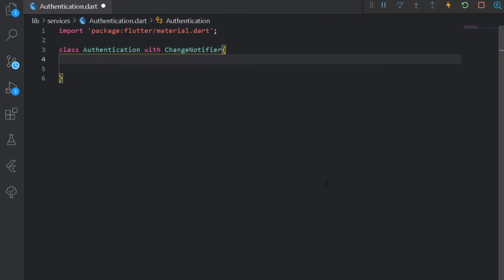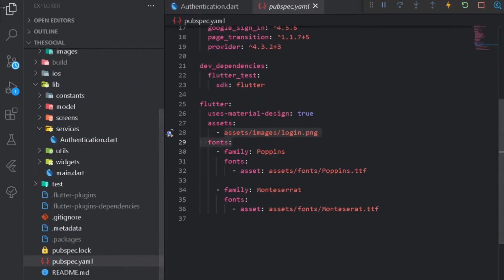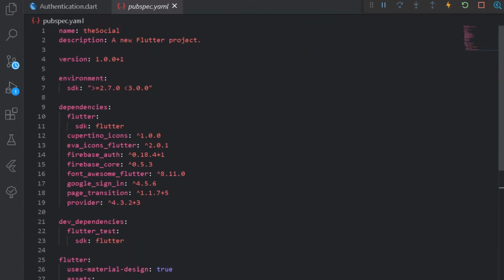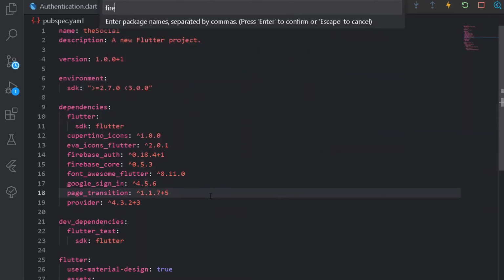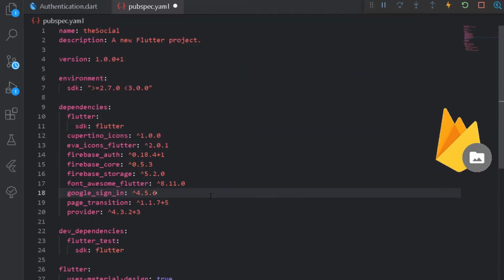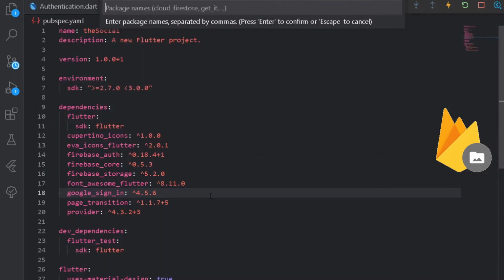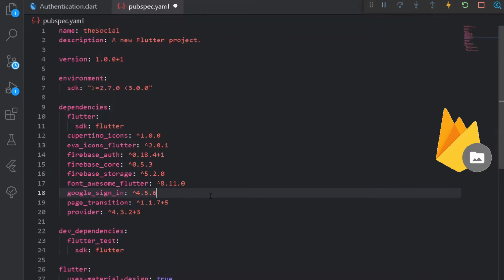So once we have done the following changes, under our authentication, we can now start implementing different methods for the Firebase authentication itself. So before implementing all the methods, we can simply go under pubspec.yaml file and make sure you have implemented the following dependencies, that is downloaded the following dependencies. So along with the following dependencies, I will be getting one more dependency for Firebase storage. And along with Firebase storage, I will also get one more dependency for image picker for picking up custom images for the user.